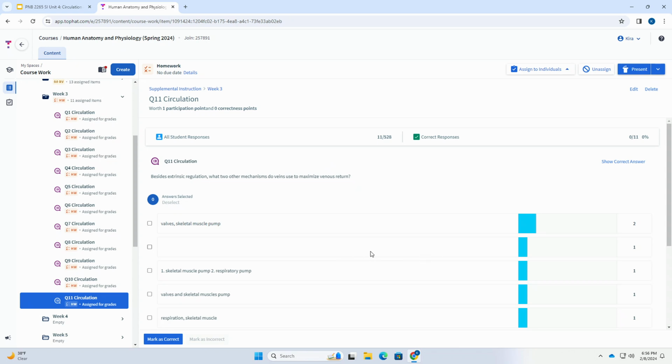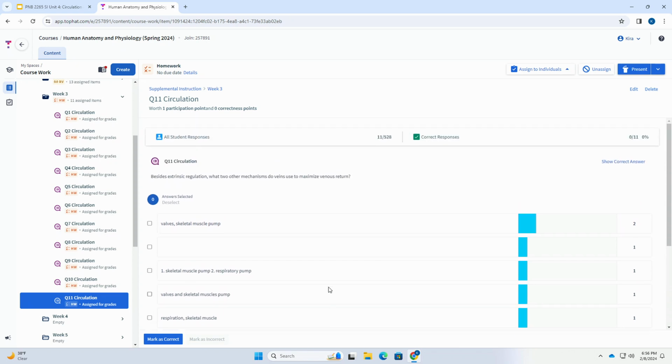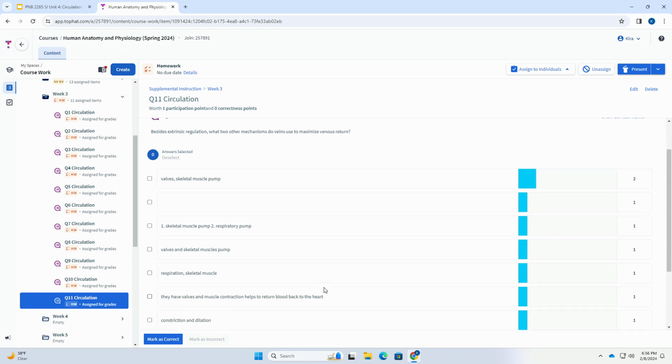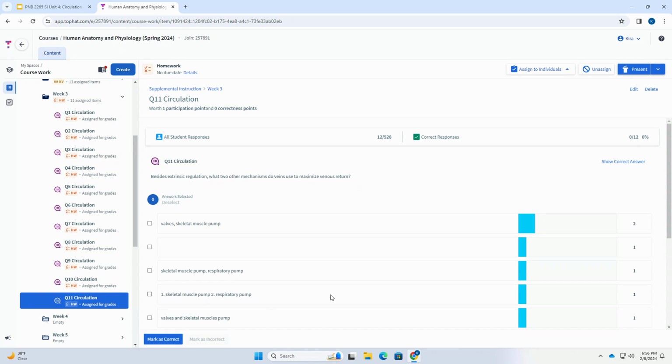Okay, yeah, so I was going for skeletal muscle pump and respiratory pump. Valves are also pretty true because those help make sure that blood goes back in the right direction to the heart. One that I did see that I don't like is constriction and dilation, which is a good distinction to make